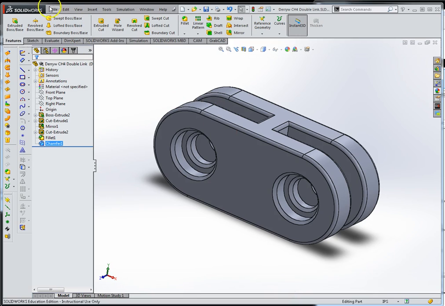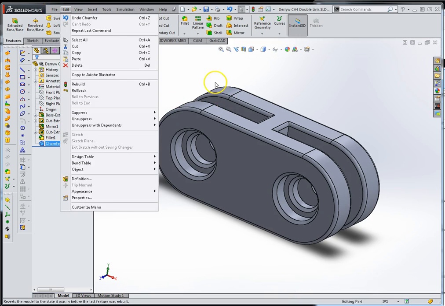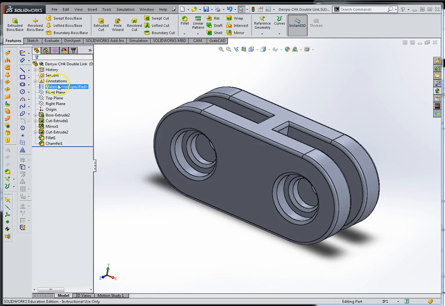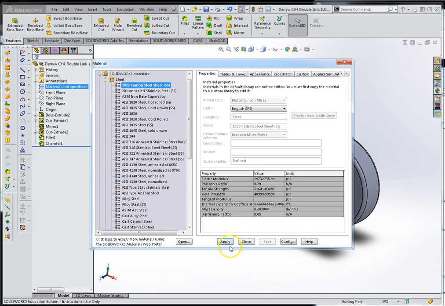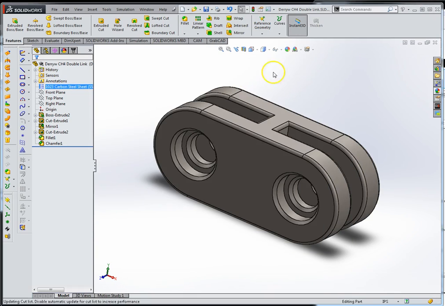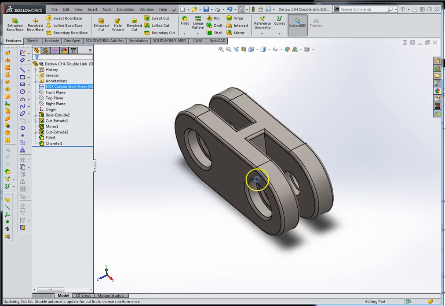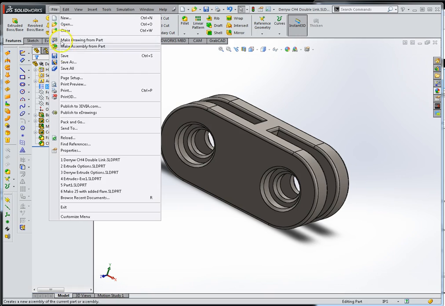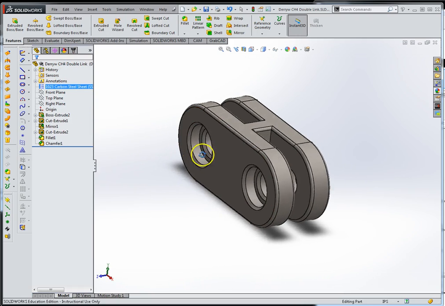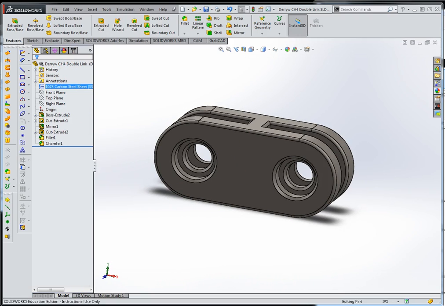One more item I'd like you to do is change the material to carbon steel, hit apply, and this is where you can check that document and confirm that you've drawn the part correctly because it has the right mass. I'm going to go back and hit save again to make sure that it saves it as the carbon steel option. Alright,